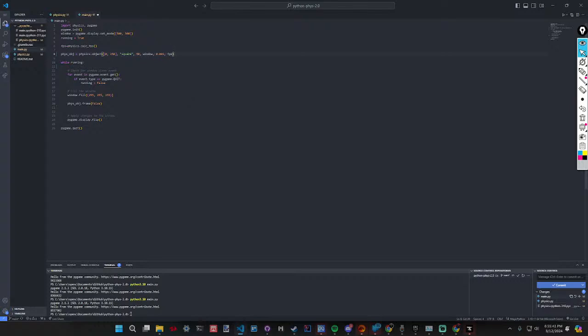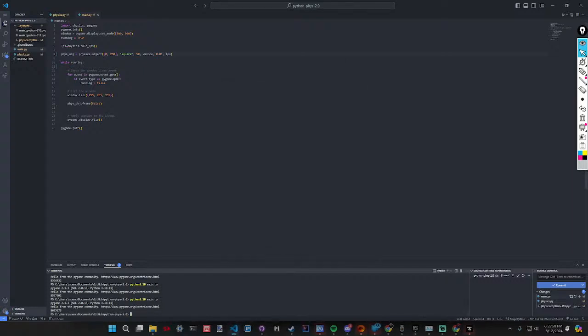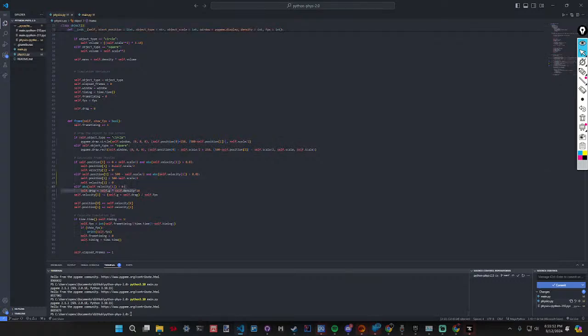Wait, square. 0.01 and what? Wait, so if we have our self.g times self.density times 10, so we actually need it's that.